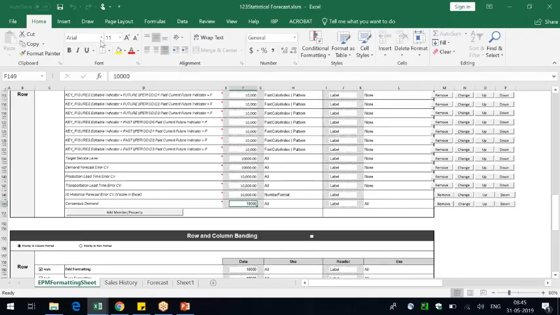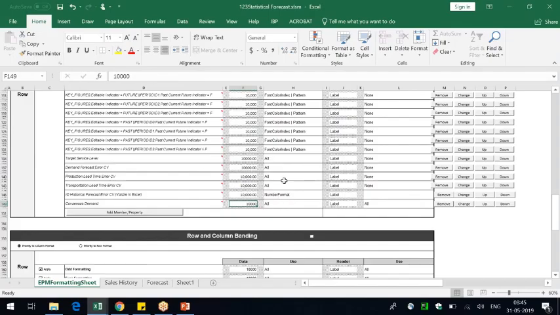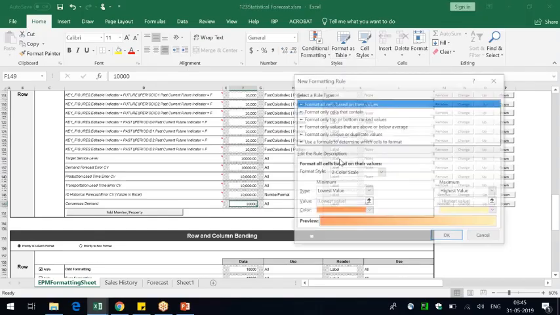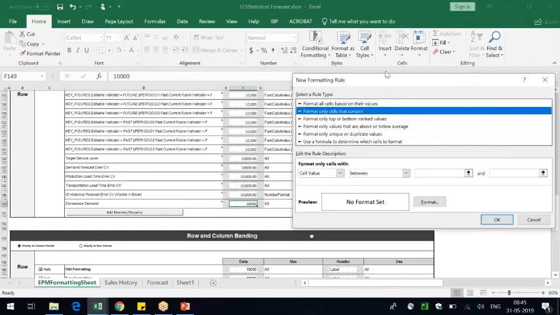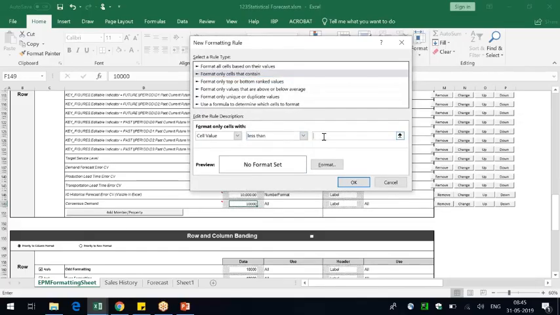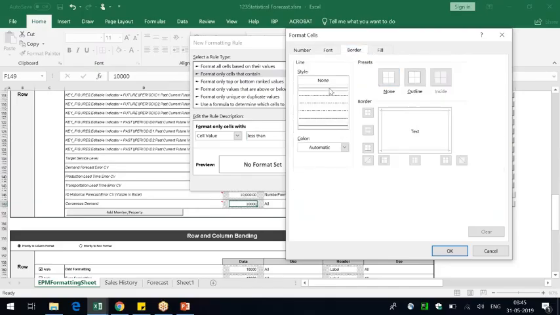So now I'll go here and first I'll change this to Calibri. That's a kind of consistent formatting that we follow. Now go to the conditional formatting. Clicking on new rule, like how any other conditional formatting works. Cell value is less than 1000. Fill, I'll give orange, and border, just keep this.